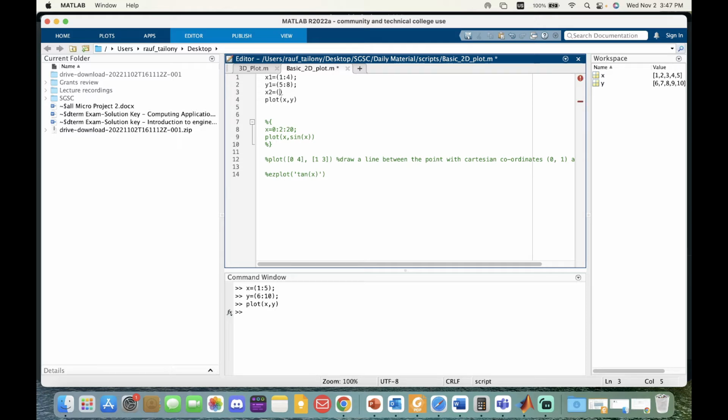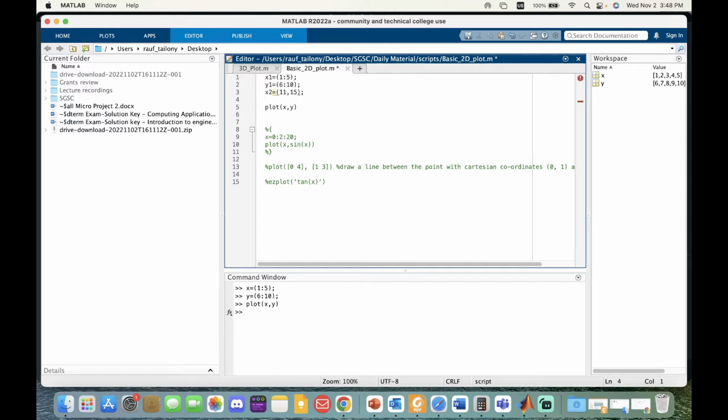Let's try to keep them all the same size. So x1 is 1, 2, 5, 6 to 10. Try to have them the same array size. Now x2 should be what? 11 to 15. x2 is a comma, not a dash. Semicolon here. Then y2 equals